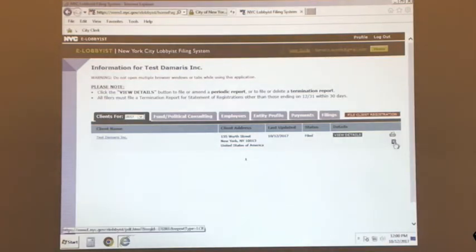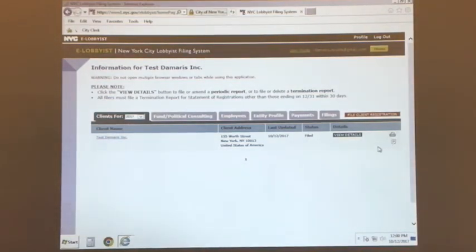Just one more note I like to make is, if you want to print a copy of a report, there are little icons here. Use these icons to print or view the documents on the left. If you try to do it using the entity, when you go into the report, you're going to accidentally create a draft. So remember these little icons on the right.